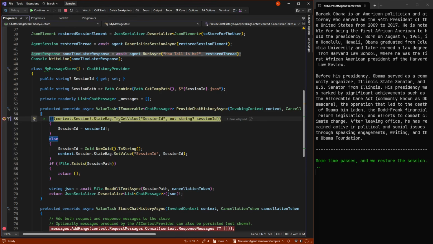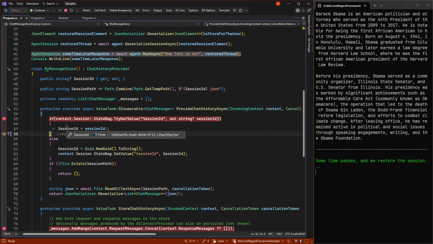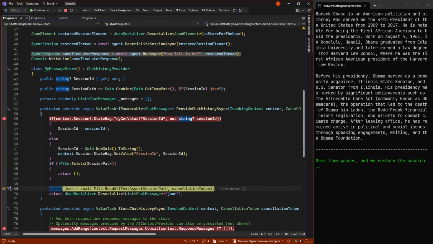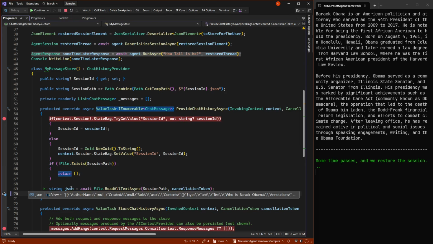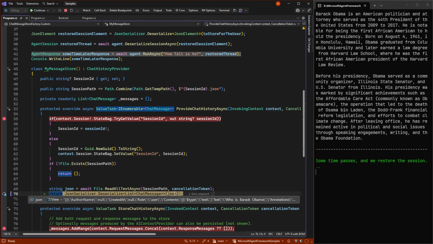And in this case, our state bag now has a session ID, so we will reuse that. We will now have a file, so that will read what we put into the file that we just looked at, and return that back as all the previous messages that have been asked before, how tall is he?